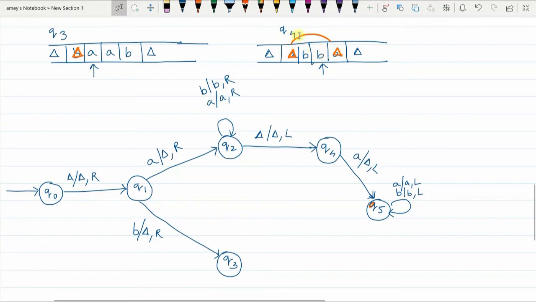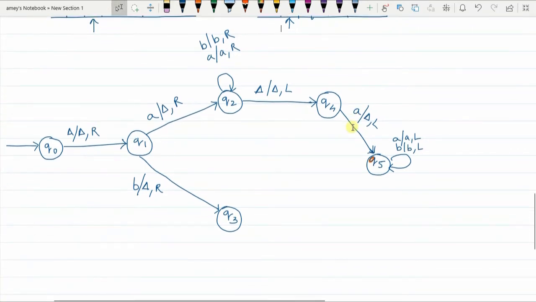You are in Q5 state now. In Q5 state, any A's or B's encountered on the way, replace A or B with itself, the pointer moves to the left and you remain in Q5 only. Again B is encountered, so you ignore this B and the pointer still moves to the left. All this happens in Q5 state.